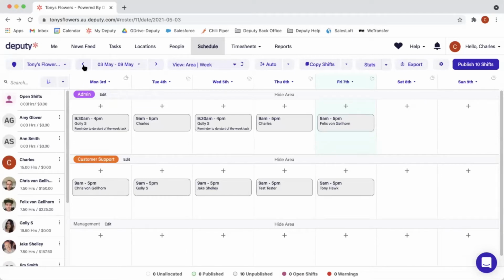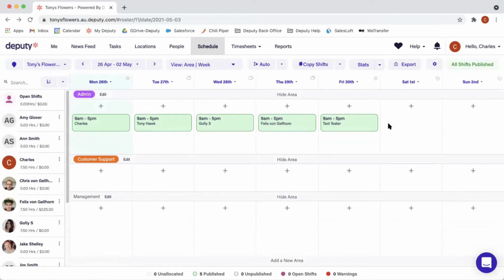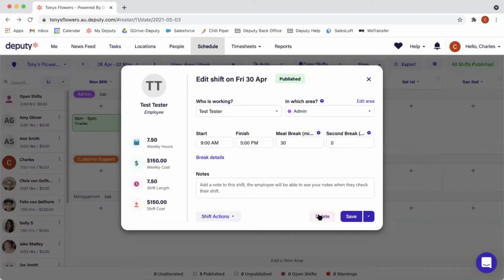Now, if a shift is published, for example here, and for some reason it's deleted, like for example tomorrow, Friday the 30th, if we decide to delete a shift, all you have to do is go on edit and delete the shift. But the shift has been published, which means that your employee has been notified of it. A new feature in Deputy is that when you delete a shift, an employee will be notified that their shift has been deleted. To do that, so if I just delete a shift,